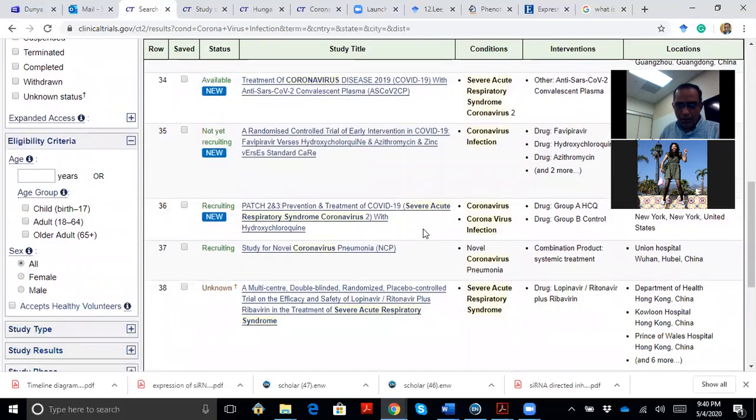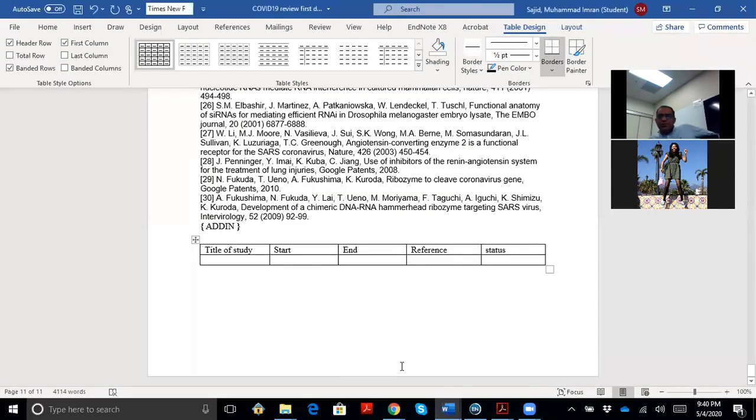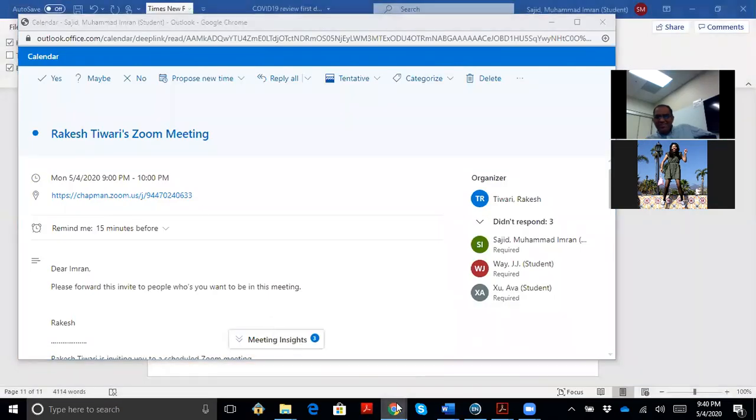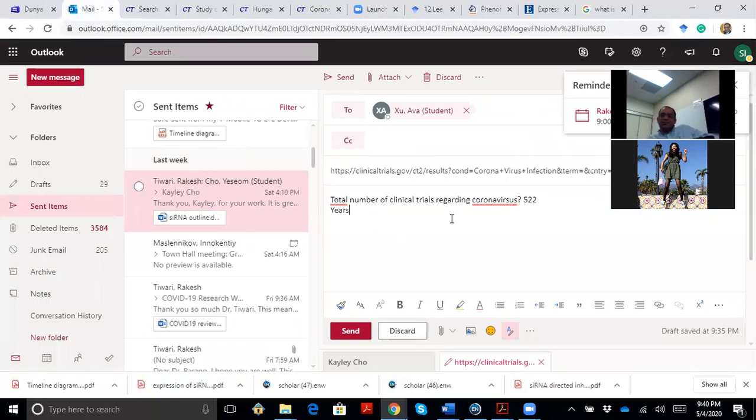Okay, I think I can do that, but I probably need a week. Yeah, no worries. We will meet again on Friday or Saturday, or maybe Sunday, no problem. I'm just giving you an idea so you can think about these questions. The first question I mentioned, what was it? I forgot. It's probably about the cell line. Yeah, people are using the cell line. And then the second is making a table.